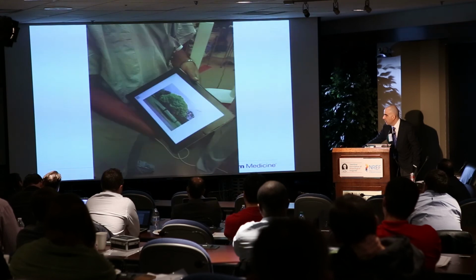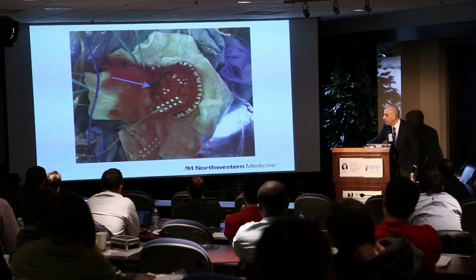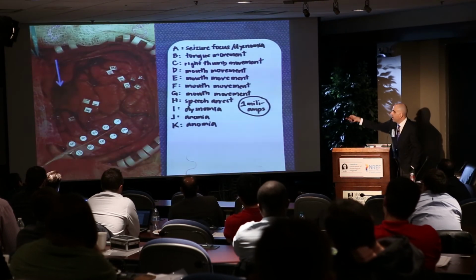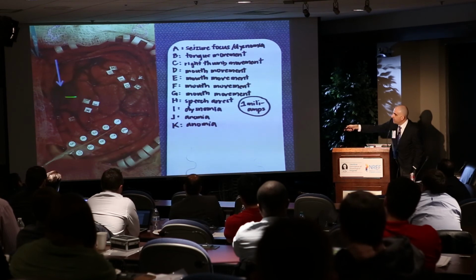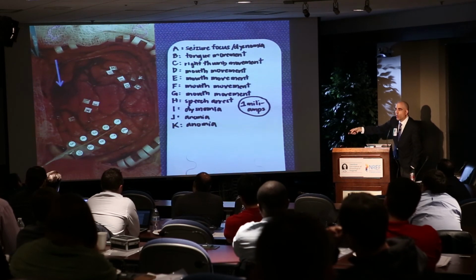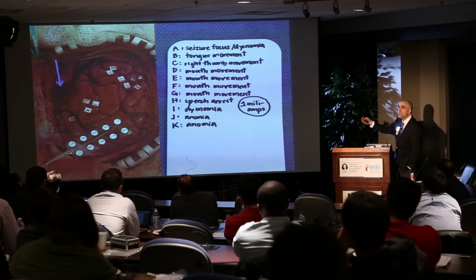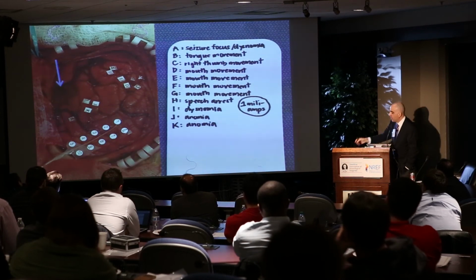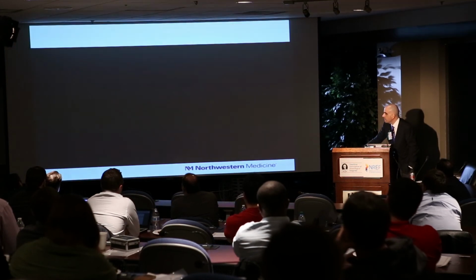To skip through this, here we're using an iPad just to keep testing her language function. And here we've mapped out every letter; each one represents a different function. Around the AVM. The AVM is actually down there. So the area around the AVM was quite quiet, which was nice to know. So I could be a little bit more aggressive in that iron-laden tissue around the AVM.